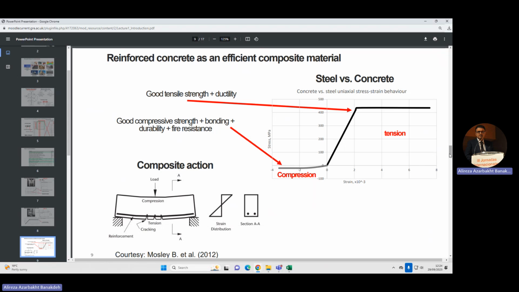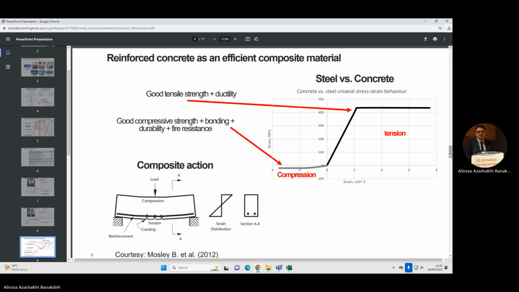We had a simple beam. When the load is like this, it's a simple bridge on a river, for example. I'm standing on the bridge at the middle, my load is in the middle, the deformation is like this. Obviously, the top part of the section is in compression, the lower part is in tension, and concrete is not good in tension. That's why we put the reinforcements at the bottom of the section to design it,